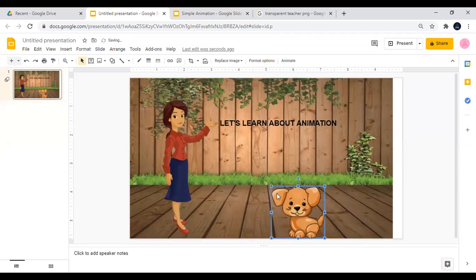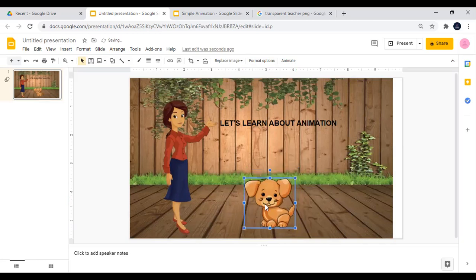I'm going to move the puppy a little bit closer. Maybe put it to the back. All right, so yeah, right there. That's fine. All right, so next step now is to just